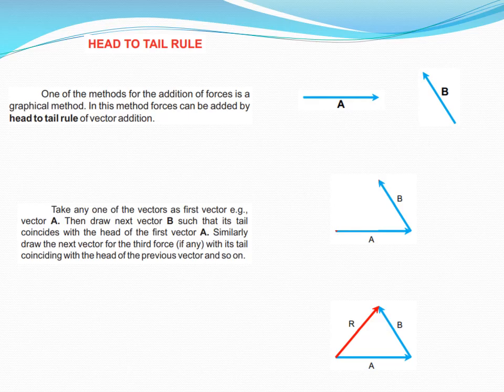So dear students, you see here I have drawn a vector A, the direction and the magnitude of vector A, and all the vectors to be added are intact. So from the head of first vector, B is drawn. Again, the direction and magnitude remains same. So how to get the resultant vector? By joining the tail of first to the head of last, as shown by the red arrow. So this is how to get a resultant of vector by head to tail rule.